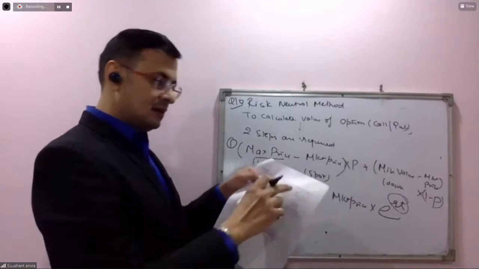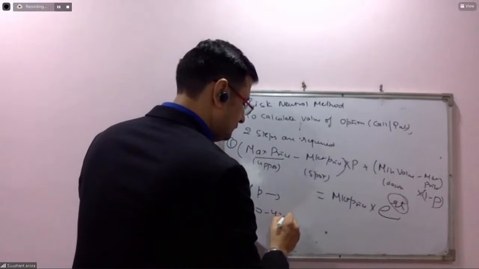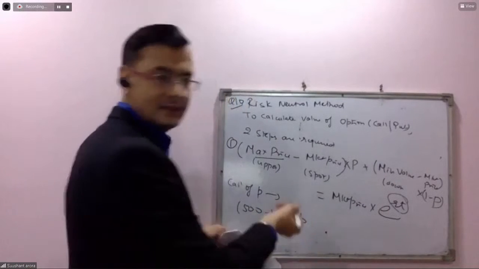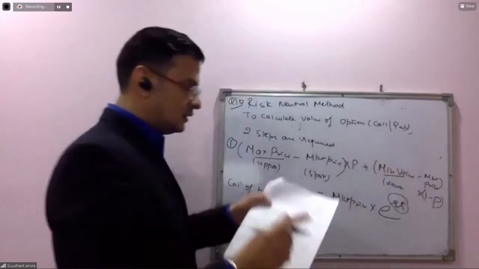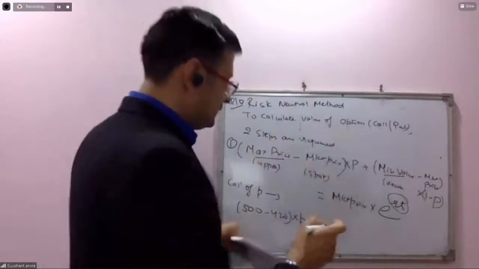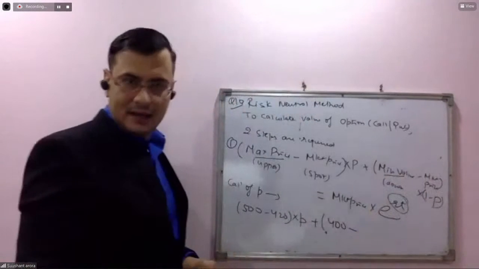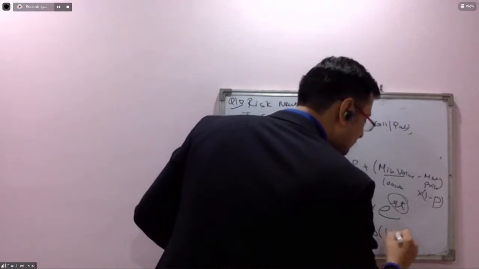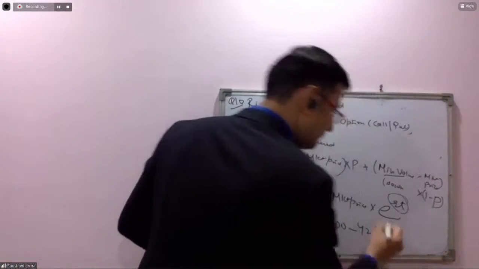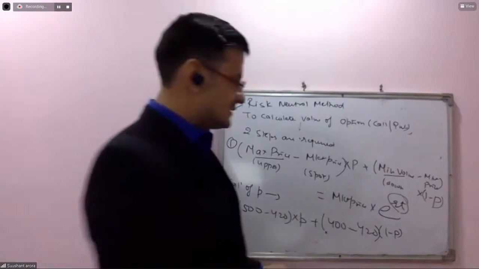Please see, 420 is given in the first line, into P that we need to calculate, plus the minimum value, the down value, which is 400, minus the market price, which is 420, into 1 minus P, equals the market price,